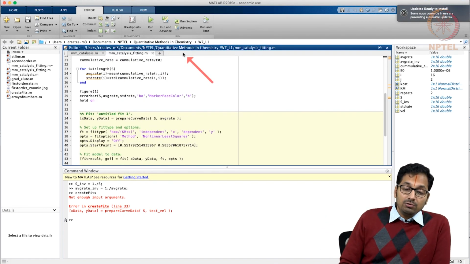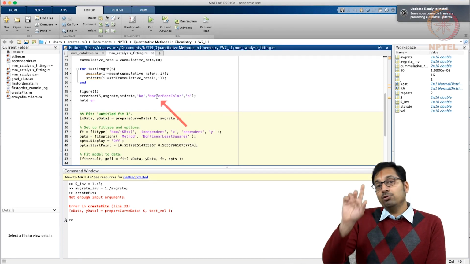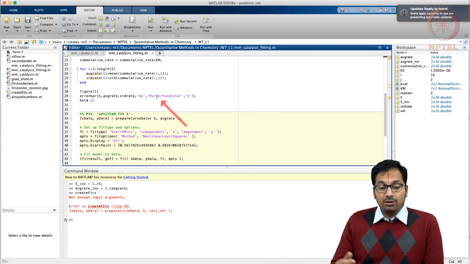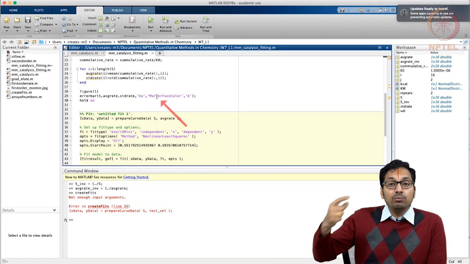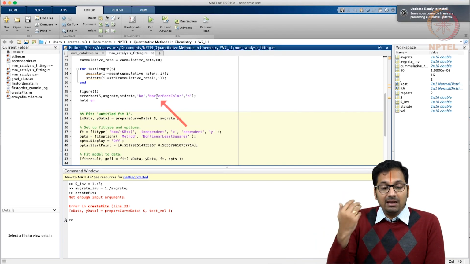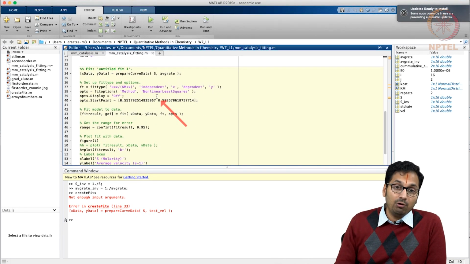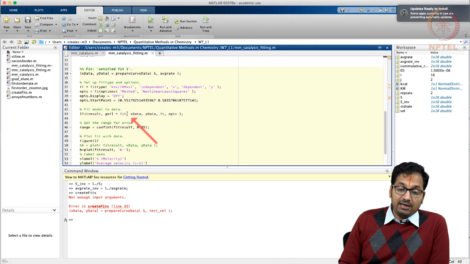So what one could do is that instead of doing this, after you prepare the fits for one of them, you could generate the code, understand how the code goes, and you can also write a loop such that if you have 10 data sets, it can loop through the number of data sets, make the fits, and finally give you the values. So that is what we are going to be taking a look at, and this is the script that I have given.